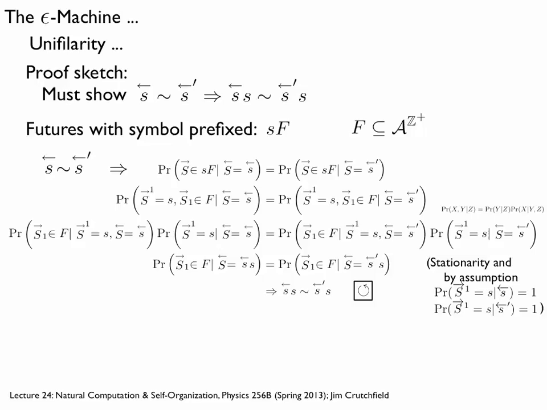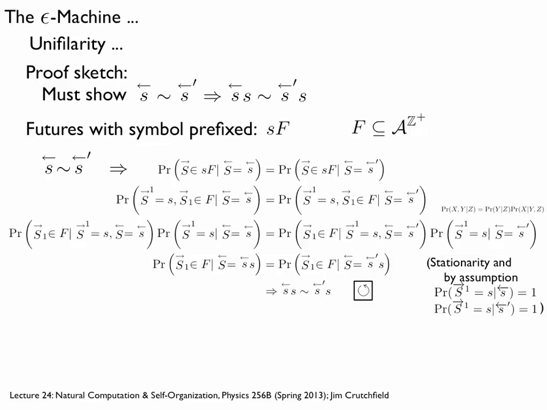Okay, so the way to do this, a little bit of notation here. After we've seen some particular paths, we look to the future, and that's a set of sequences. What I'm going to do is talk about the set of sequences that follow if, say, I saw a 0. So the idea here is that S is a particular realization, 0 or 1, say, and then F are all the sequences. It's called the follower set that you could see from that point. The other way to say this is that this set of sequences, SF, these are all the future sequences I could see that are prepended by having observed S. Okay.